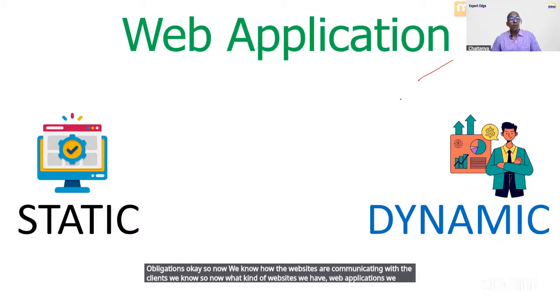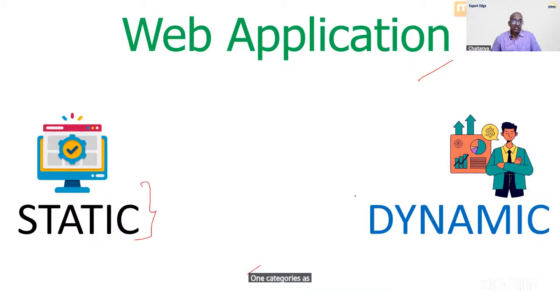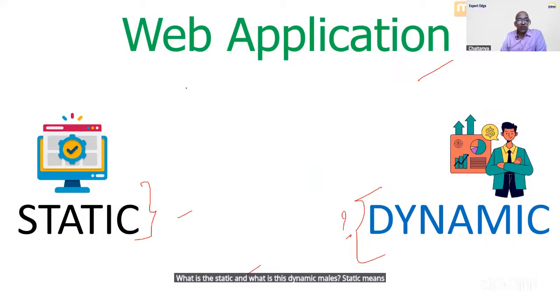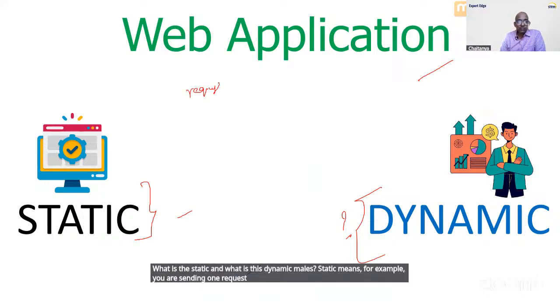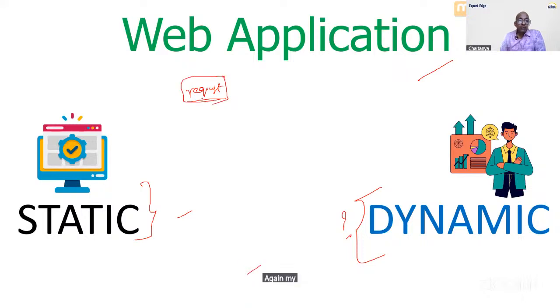There are two kinds of web applications. One is categorized as static, and the other as dynamic. What do static and dynamic mean? Static means, for example, you send one request object. As long as my request is the same,